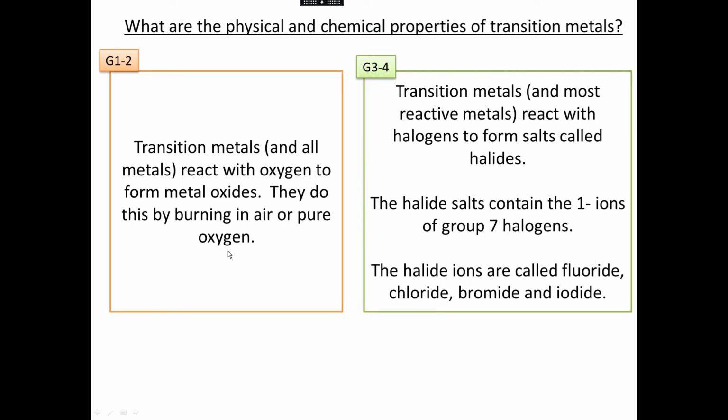Transition metals react with oxygen to form metal oxides, right? And then transition metals react with halogens to form salts called halides. The halides, that refers to the 1- ions of group 7, for example, fluoride, chloride, bromide, and iodide. So transition metals, their chemical properties are they react with oxygen to form oxides, and they react with halogens to